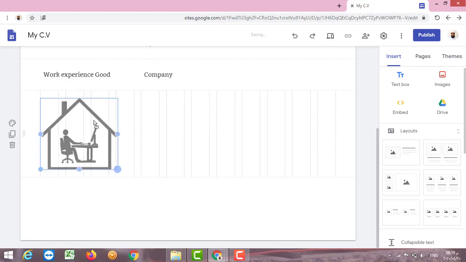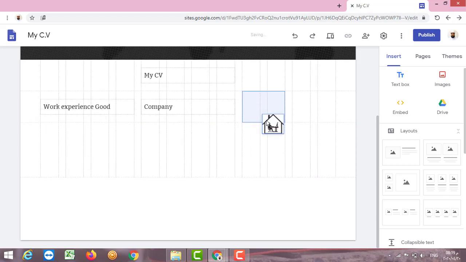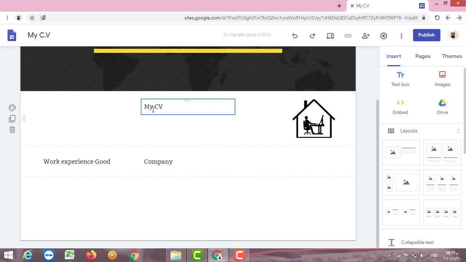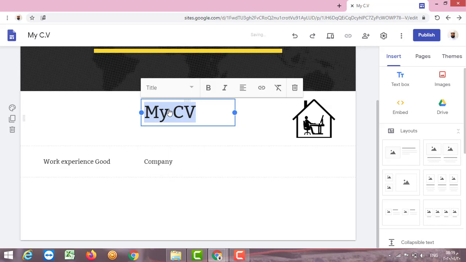Now I can change the location where I want to put this image. Just when I start moving, I will place it in the corner on this side. Now this is my image, and I can change this to a title so it will be bigger than the normal one.